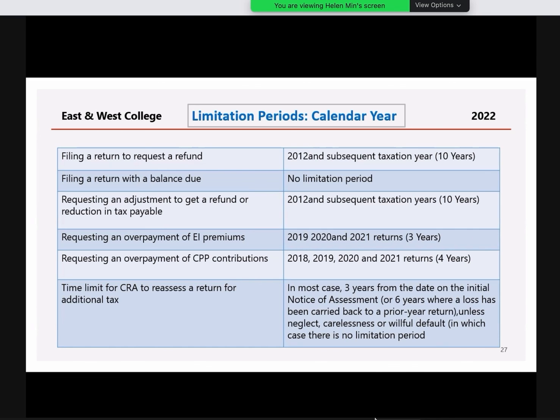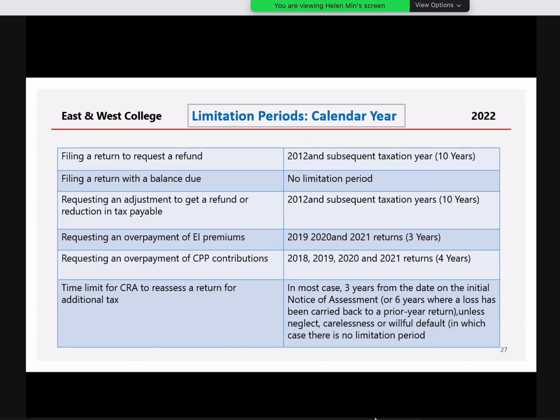If you do the studio tax, with overpayment for EI and overpayment for CPP, if you do the electronic return, you never lose this credit, you never lose this money, okay? But for a paper return, you could lose this because you don't know if there is an overpayment or not, if you're not good at it.